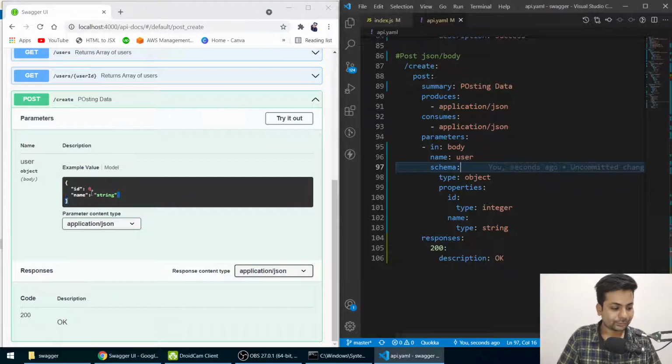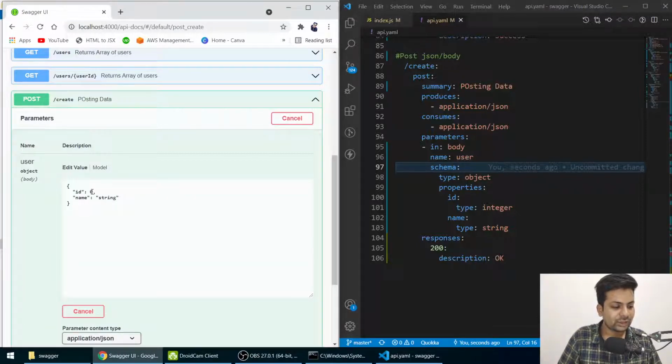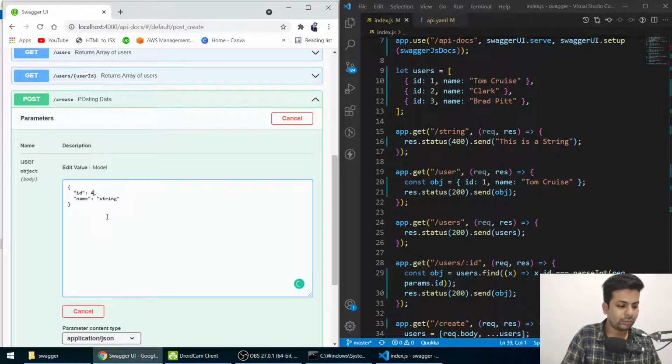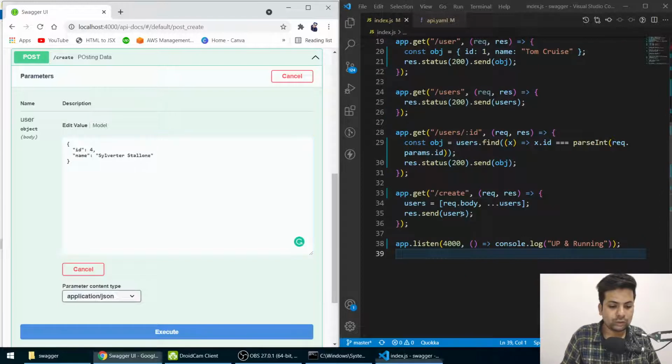Okay, so let's just write it out. We'll say id 0, but there is an id already. Let me check 1 2 3. So I make id 4, and name I'll give Sylvester Stallone. So in return I'll get the whole users after adding it.